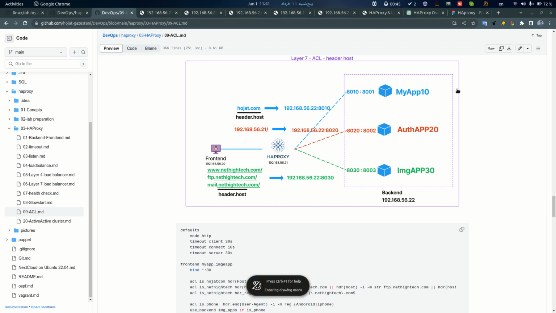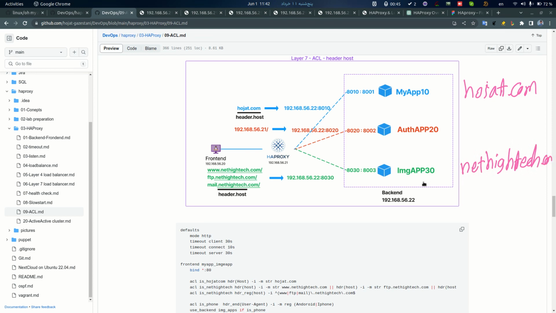For example, we have different kinds of end users, and this one is my website, and this is nethightech.com. Also, it is running www, FTP, and mail. I want to say to my HAProxy: